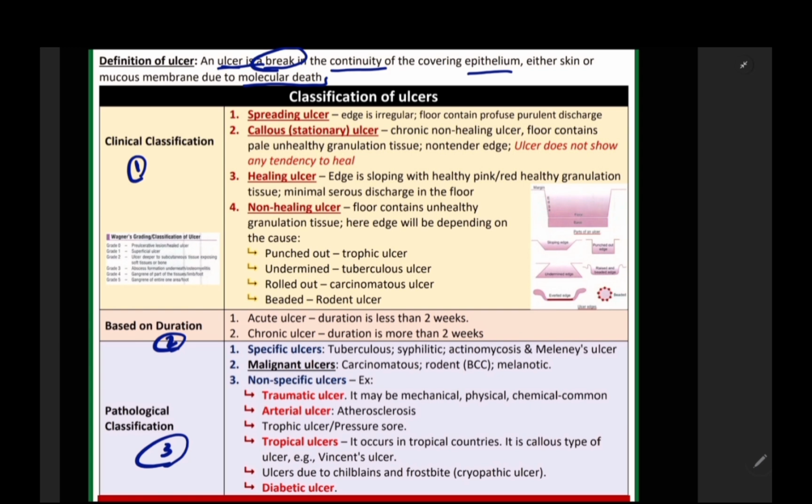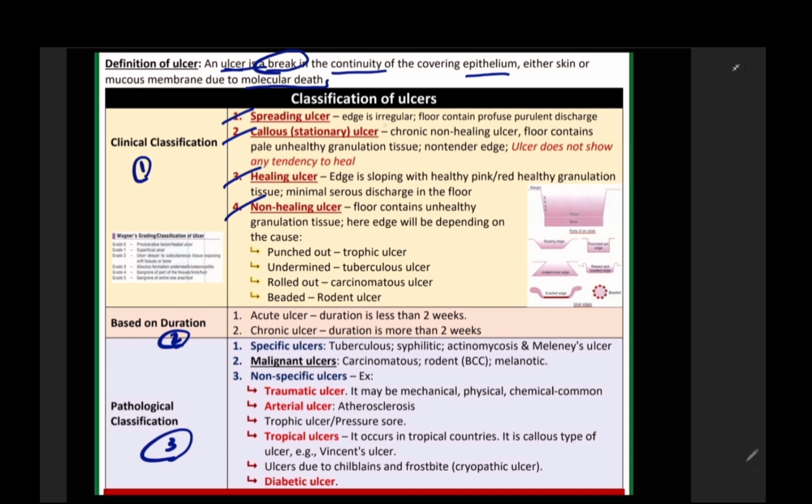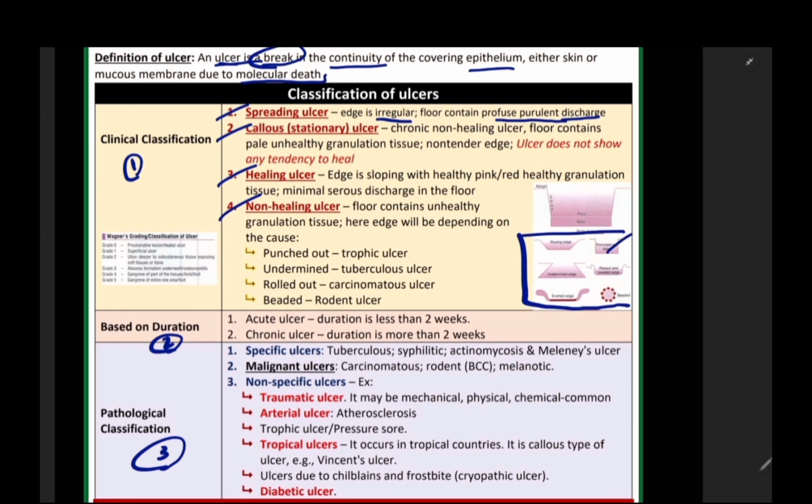So under clinical classification, there are four types of ulcers: spreading ulcer, callus ulcer, healing ulcer, non-healing ulcer. In healing ulcer, the granulation tissue is healthy. In non-healing ulcer, the granulation tissue is not healthy. Unhealthy granulation tissue. In spreading ulcer, the edges are irregular and it contains profuse purulent discharge, whereas there are punched out edges, undermined edges, and raised and beaded and rolled out edges in the